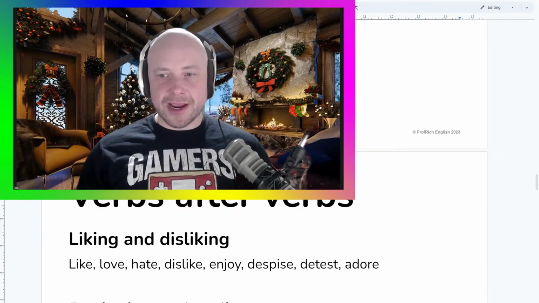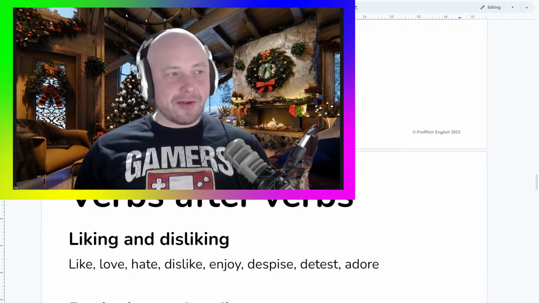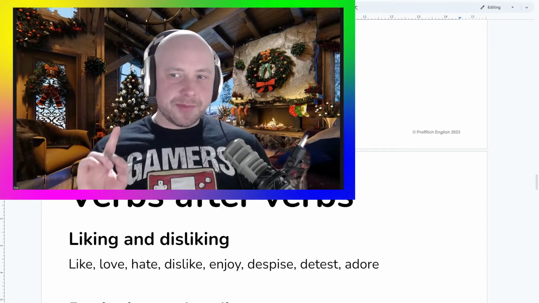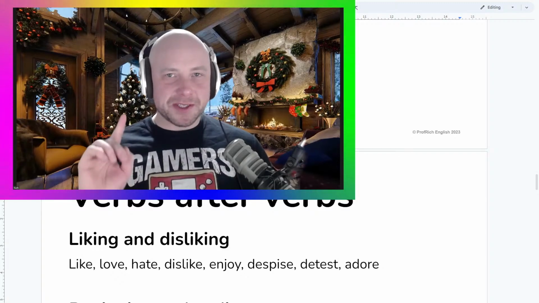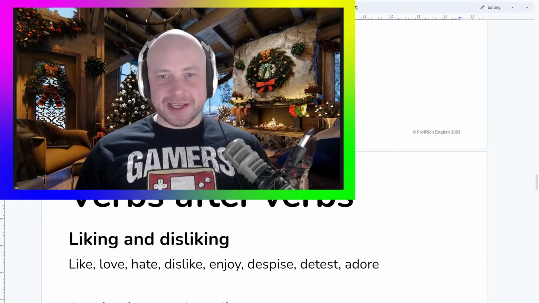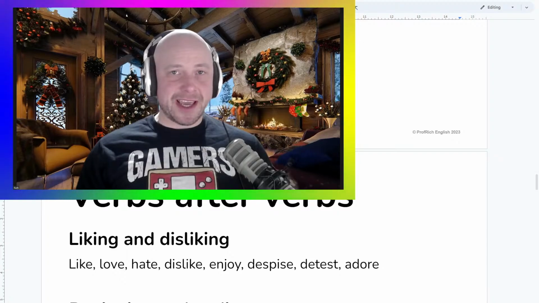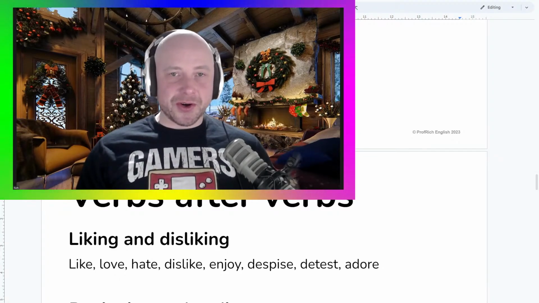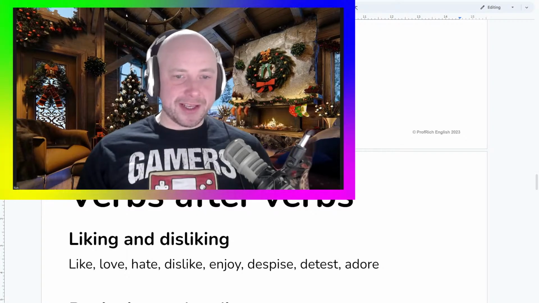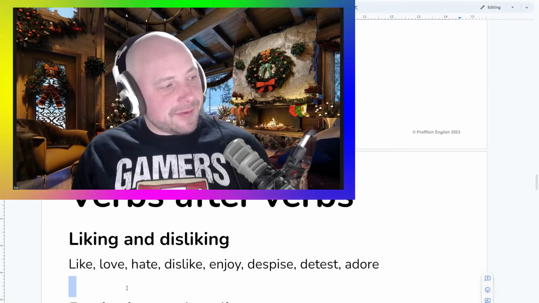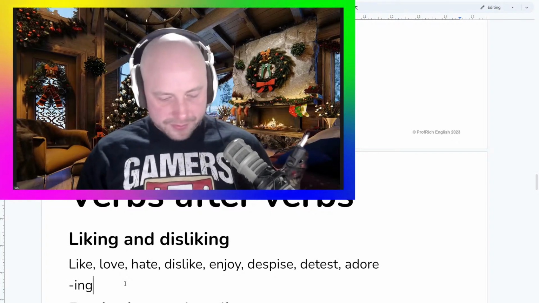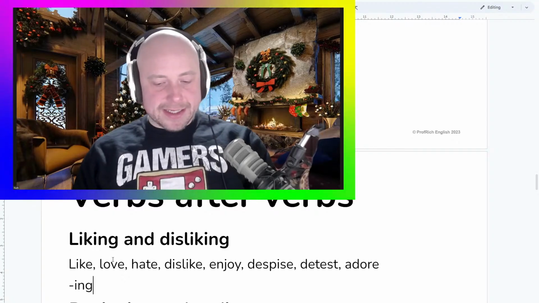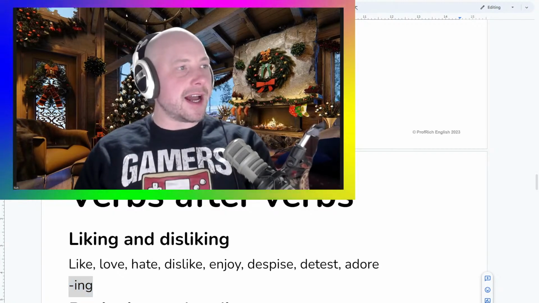Well, Raquel's there already. Vitilia's called it the gerund. Arguably, this is not the gerund, but it could be. It depends on your perspective. Do you consider this to be a noun, or do you consider it to be a form after a verb? If you wish, you could call it the gerund. I much prefer to call it ing. So the answer is the ing form. So after verbs of liking and disliking, we usually use the ing form.